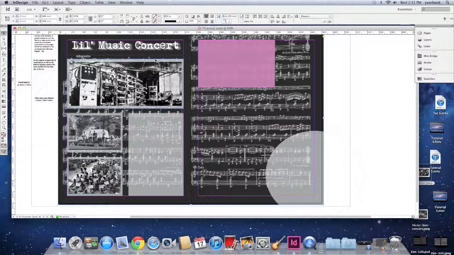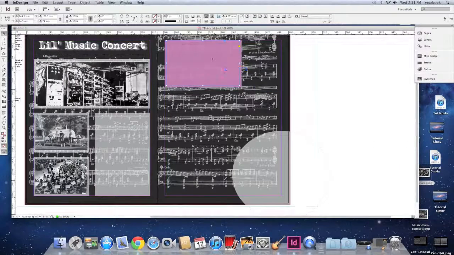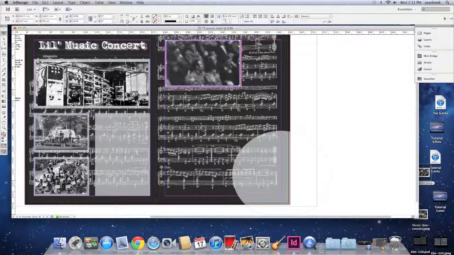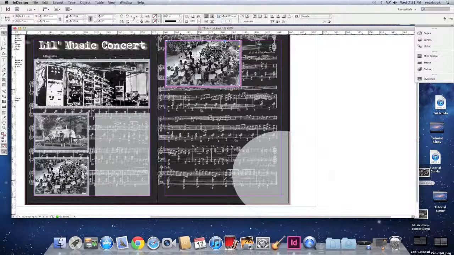Sometimes when you're going to want to import photographs, you're going to want a background to them, like right here in these photos I have right there. And that's really simple to do. You just make your shape, change the opacity, whatever color you want. You put a placeholder on top of that shape, and placeholders are explained in a different tutorial, but you put a placeholder and you just drag that photo in, and you have a frame for that photo. So that's pretty much how